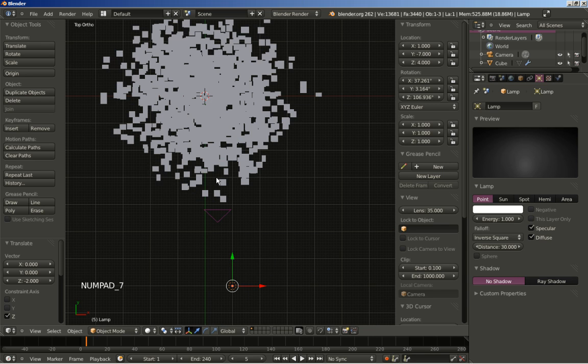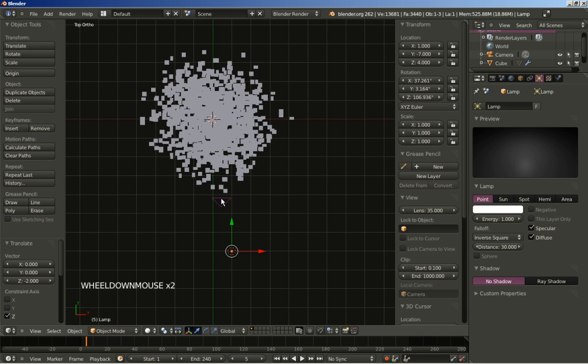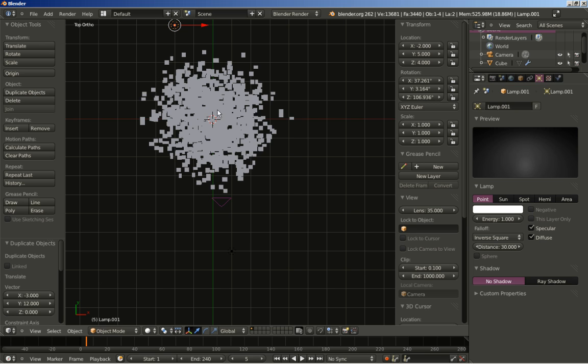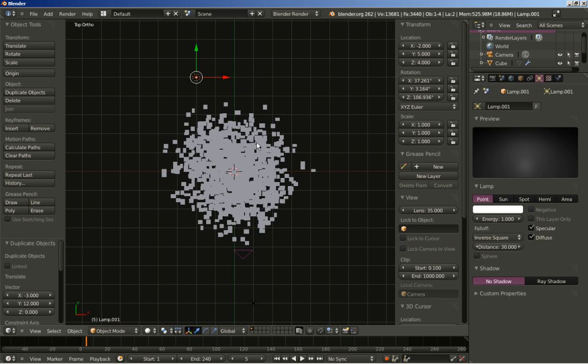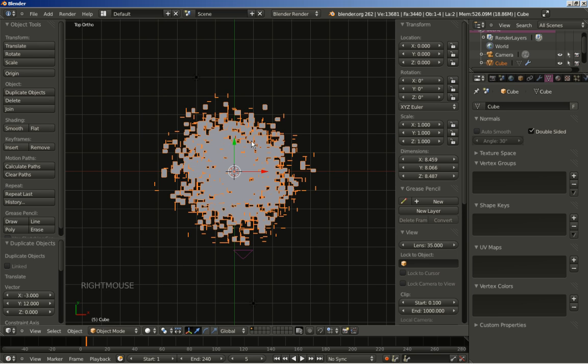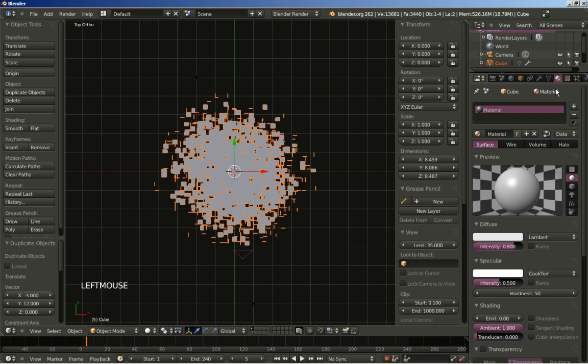Now 7 again for the top view, and I'll hit Shift D to duplicate my light and move it back. So we now have two lights illuminating our mesh, and let's click our mesh and add a material to it. Over here, the material tab, we already have a material assigned. I'll increase the intensity up to 1,